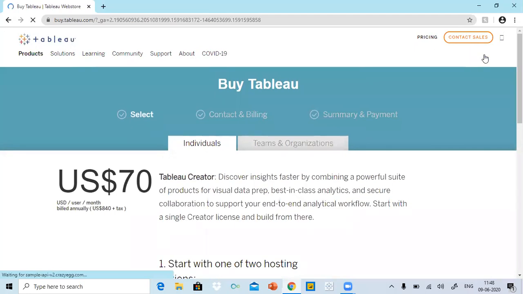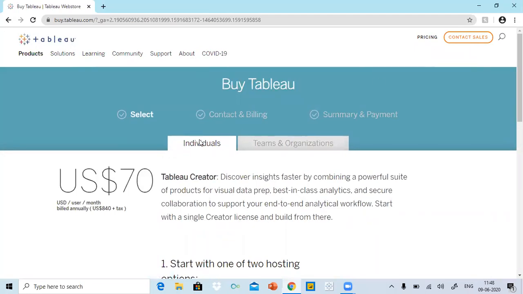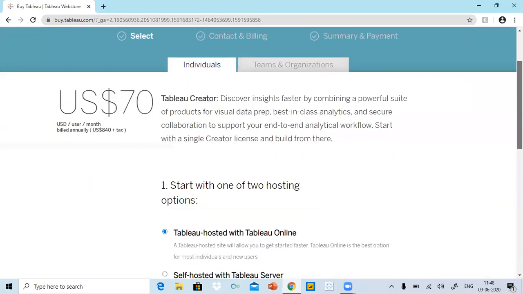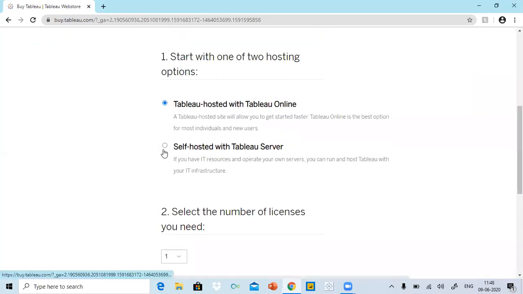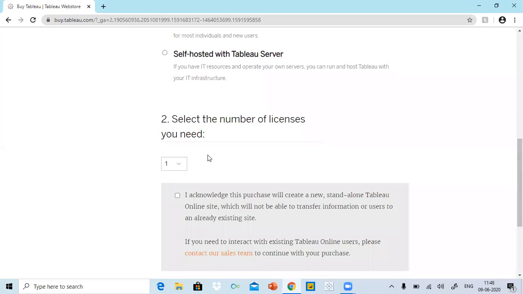Here you will get the price, which is showing US $70 per user per month. If you go down, it's up to you which option you choose and for how many people you are going to use this software, as you need licenses.